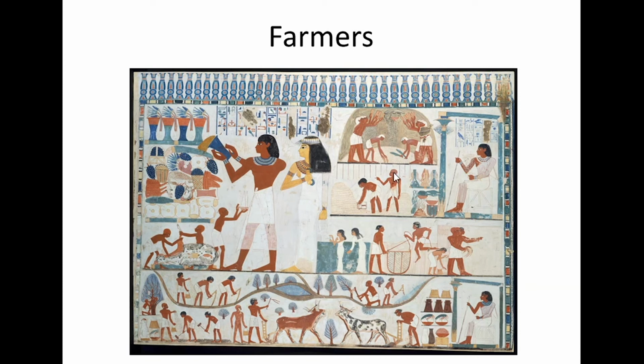But the nice thing about this painting is it actually shows all of that in action. Lots of people doing lots of different things, from digging and turning over the soil here and here, to spades and shoveling here,